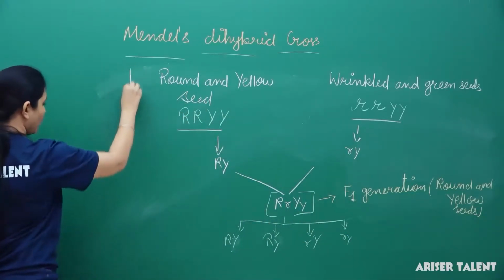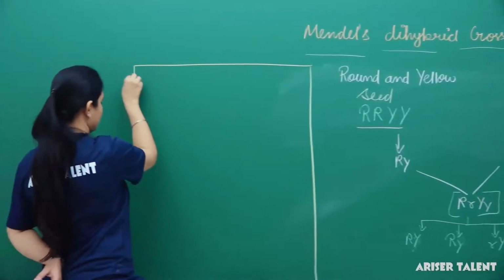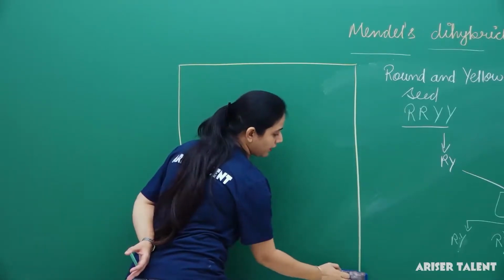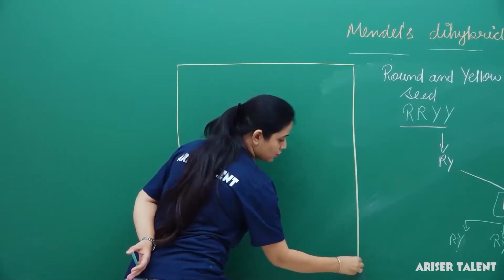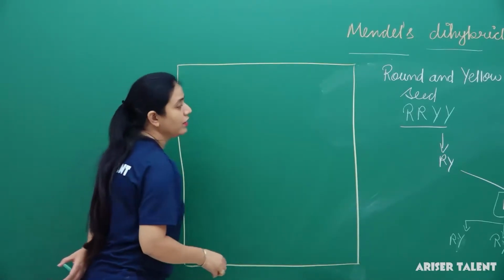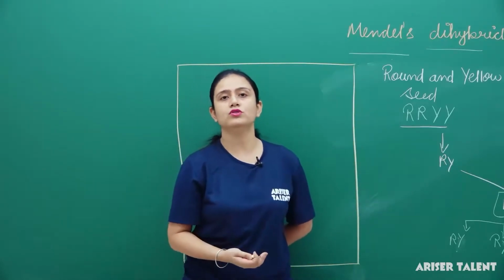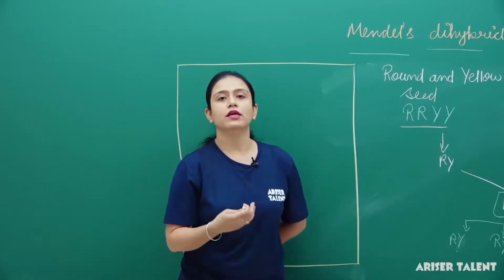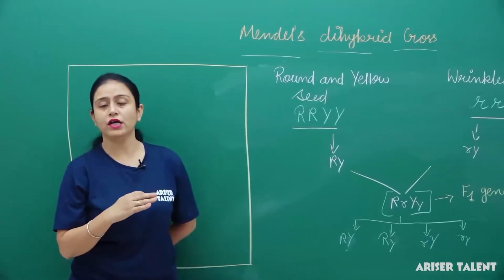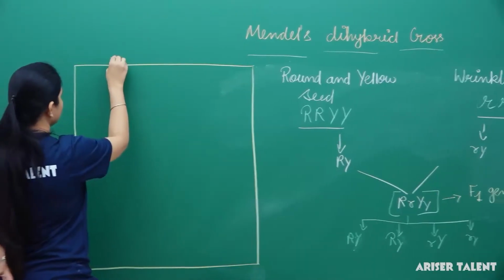Then when he took the gametes from the F1 generation and allowed them to do self-pollination, what did he do? When he received all the plants with round and yellow seeds in the F1 generation, he covered the flower and allowed it for self-pollination. So what was the result here? We can see